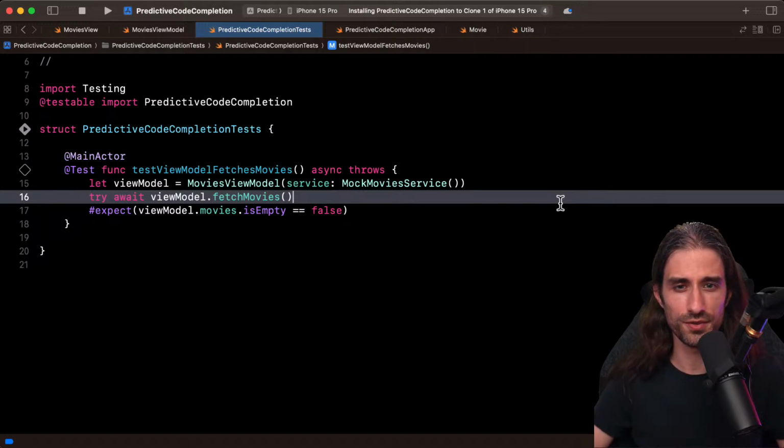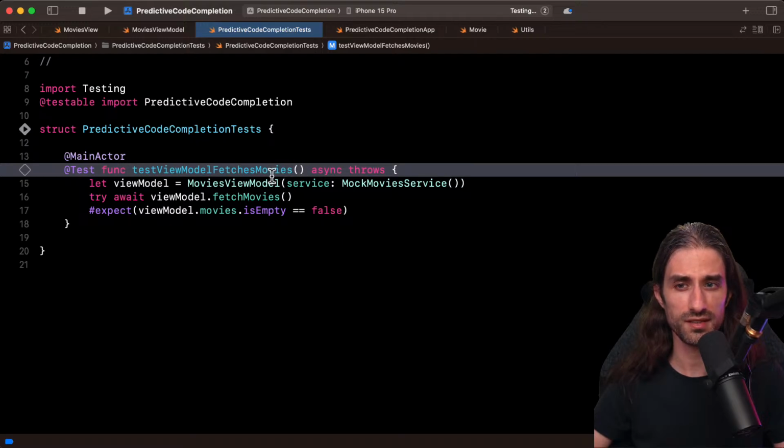One of the features that I wanted to test with Swift testing and predictive code completion is the fact that with Swift testing, you can set arguments for your test, and then you can pass values for these arguments through a macro.